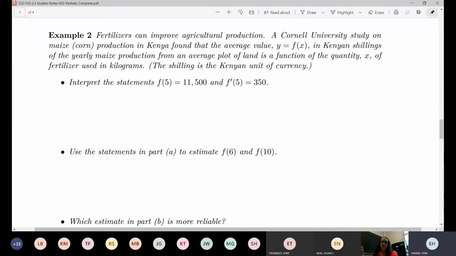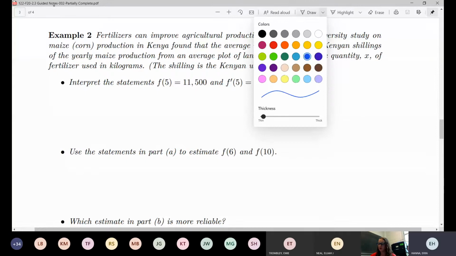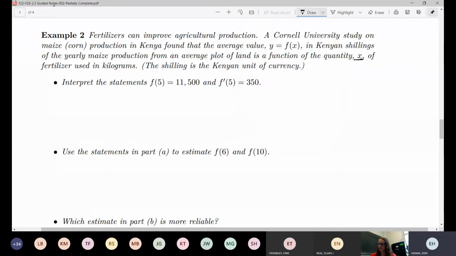All right, so if we try this one, we've got fertilizers can improve agricultural production. A Cornell University study on maize, which is just corn production in Kenya, found that the average value, given by y equals f of x in Kenyan shillings, of the yearly maize production from an average plot of land is a function of the quantity of fertilizer used in kilograms. So our x value is the quantity of fertilizer in kilograms, and our y value is the amount of Kenyan shillings,